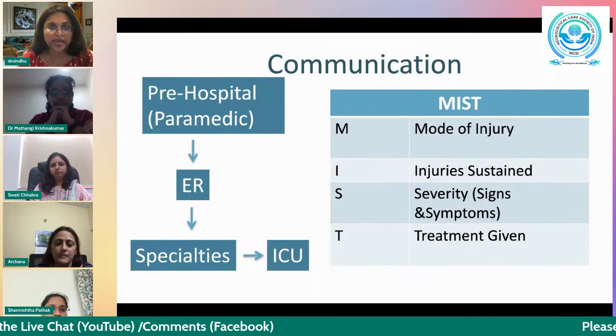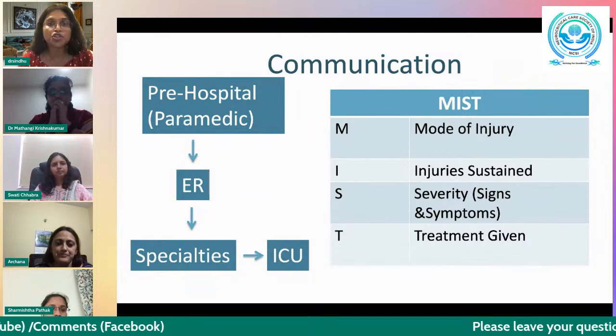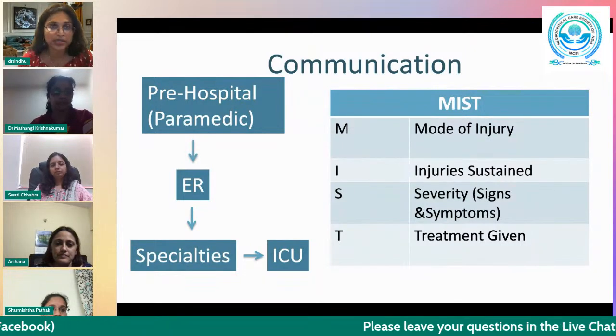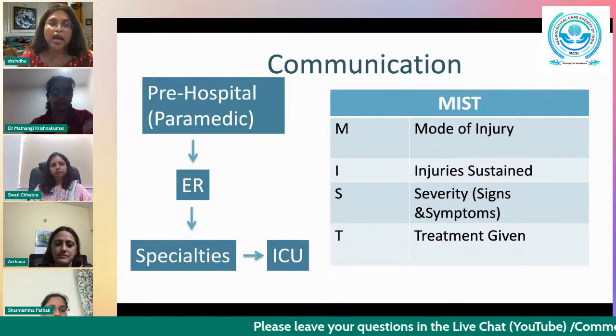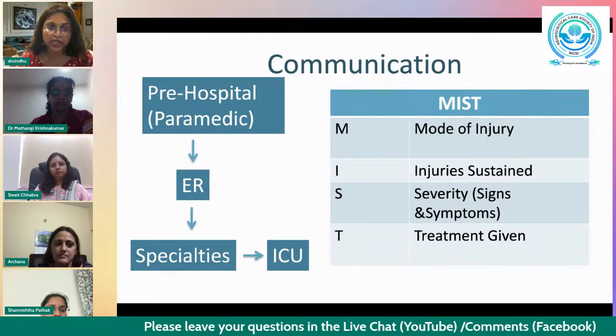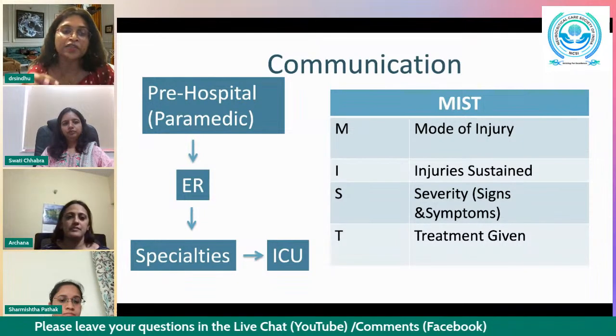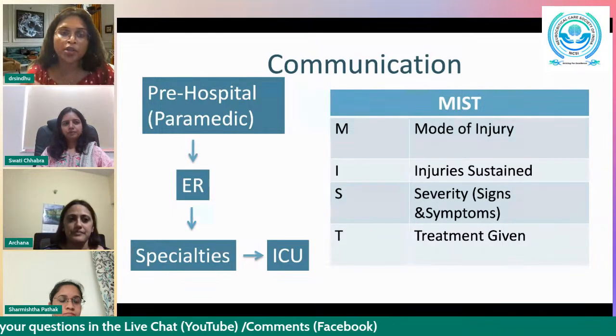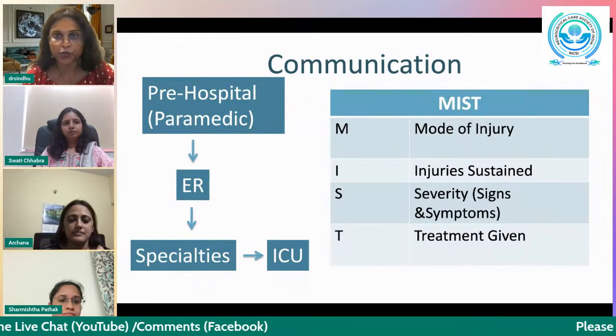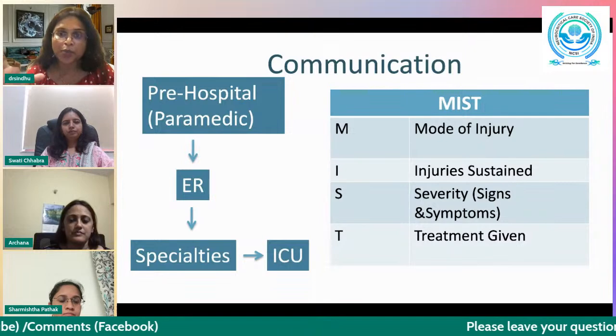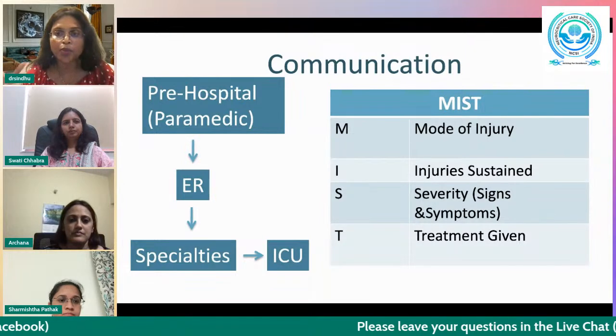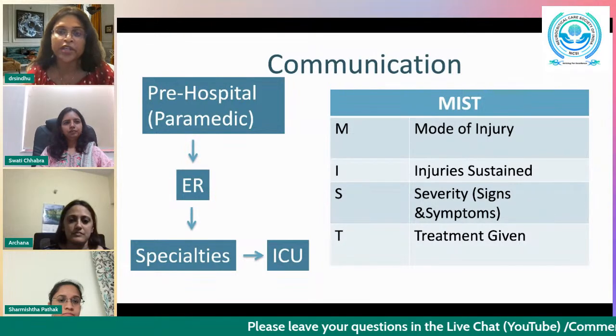In traumatic brain injury, the essence is communication, and the communication should start from the pre-hospital itself, that is from the paramedic, and for the patient to arrive into the ER, and the patient will be seen by different specialities. So this requires a lot of communication until even the patient comes to the ICU. And so for this communication, a very easy way to communicate and for everybody to understand, we can use this